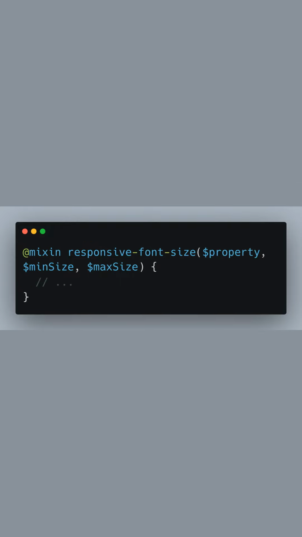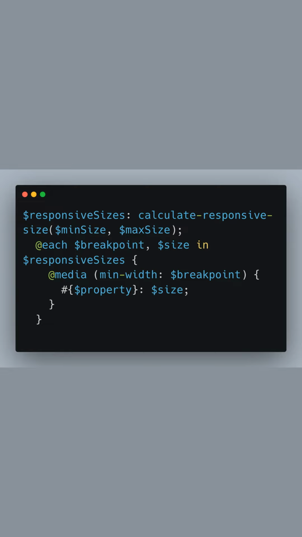Moving on, we define a mixin named responsive-font-size. A mixin in Sass allows you to create reusable styles that can accept parameters. This mixin leverages our previously defined calculateResponsiveSize function and takes three parameters: the CSS property to apply, the minimum size, and the maximum size. Inside the mixin, we first call calculateResponsiveSize with the provided min and max sizes to get